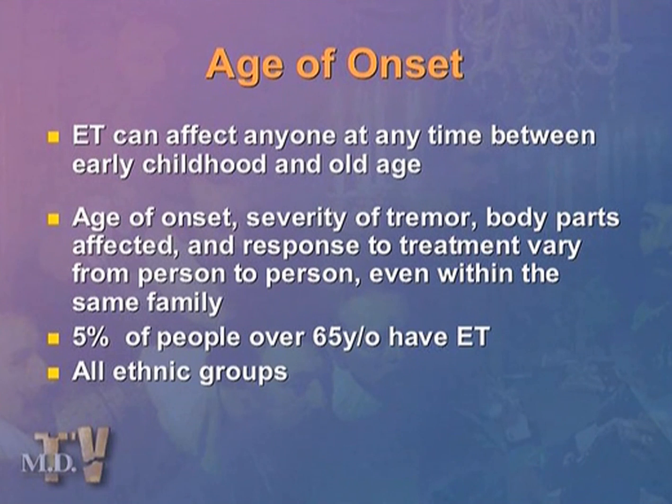It is usually not a micrographic kind of script that they see in Parkinson's. Now, essential tremor can affect anyone at any age. Young children, older age. Age is the greatest risk factor, however. And really, this is an individualized type of tremor. The age of onset, the severity of the tremor, body parts, response to therapy varies with each person and even within the families. 5% of people over 65 have essential tremor, and it affects all age groups, and it affects